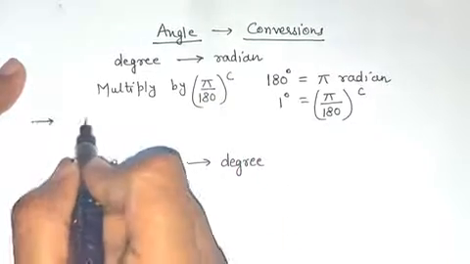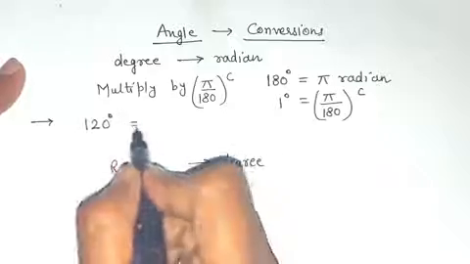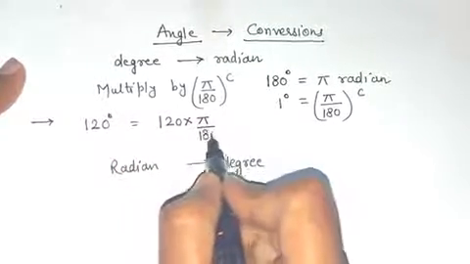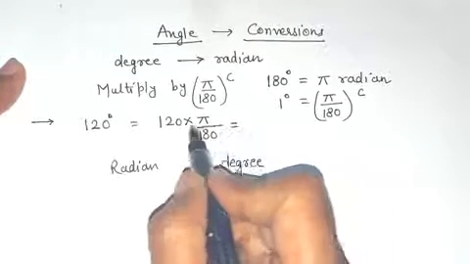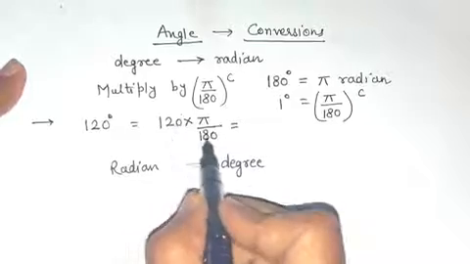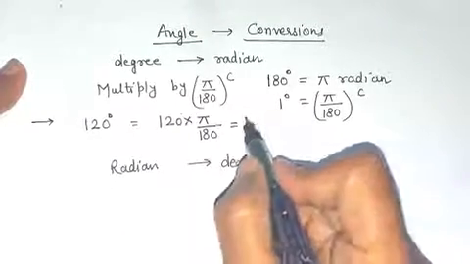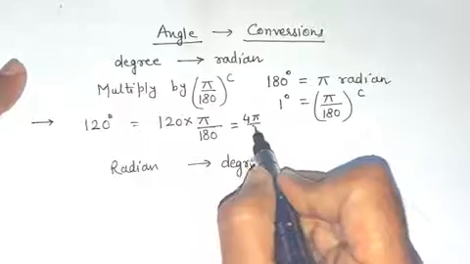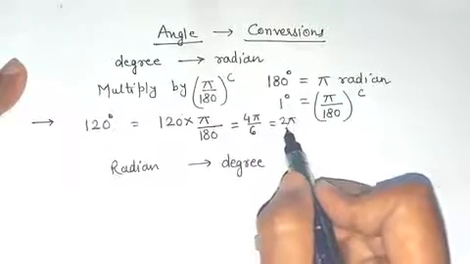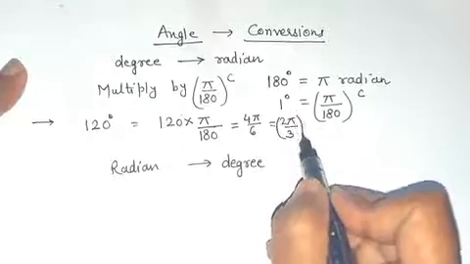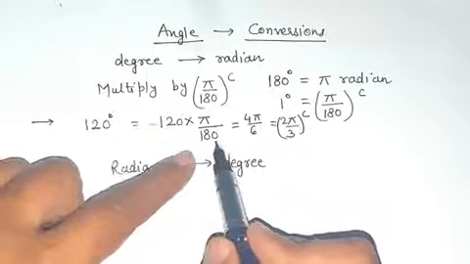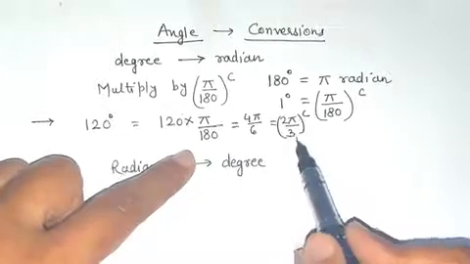Let's take an example of 120 degree. So 120 degree is multiplied by pi by 180. Degree will cancel. We can cancel both by 30. So this will be 4 pi by 6. Now it is cancelled by 2 again. So this is 2 pi by 3 radian. Or you can directly cancel it by 6. That will be giving you the simplest fraction.